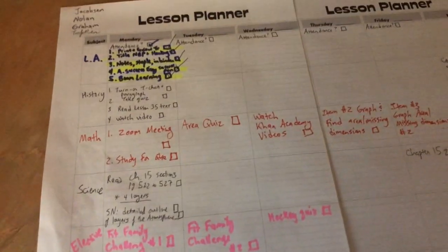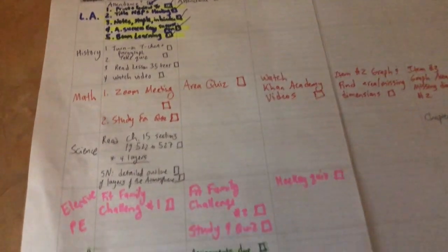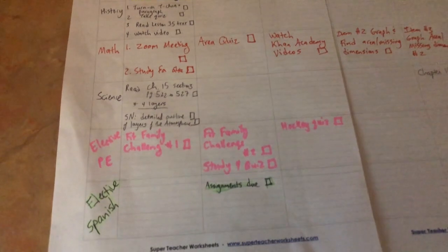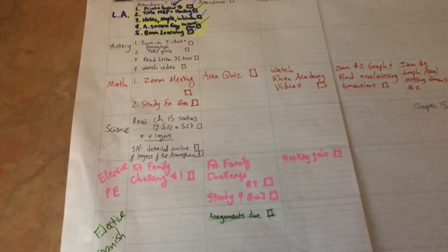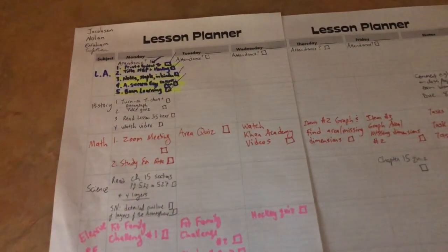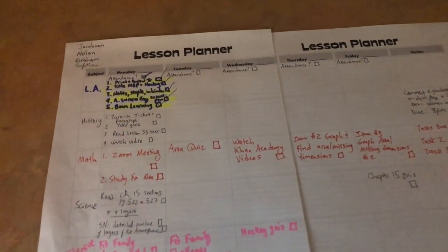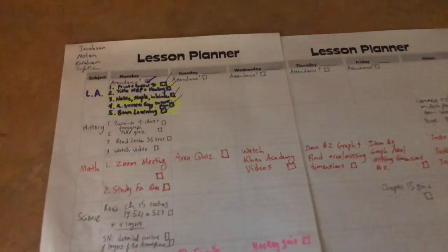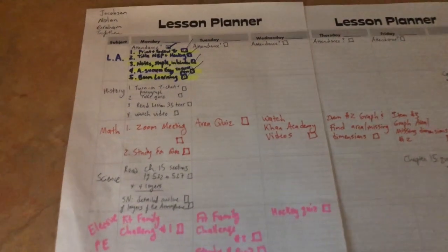So what I recommend is get organized first. Get all of your assignments written down for that day before you start doing your work. Once you have everything listed for that day, then I would start with the assignment that gets you going. Could be something easier if that gets you more motivated, or if you're like, oh, this is my hardest subject, and if you feel more confident and you feel more relieved getting that done first, you can start with your hardest first. You have to kind of see what works for you,